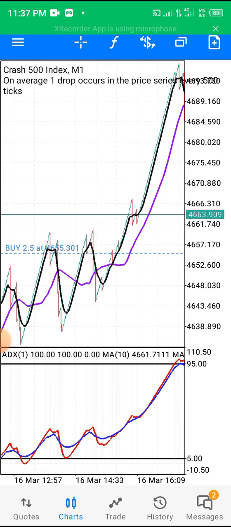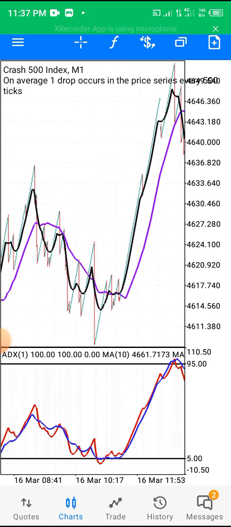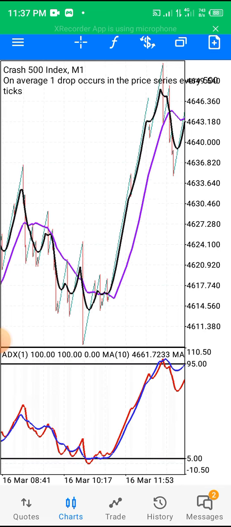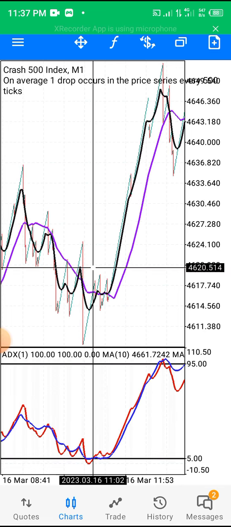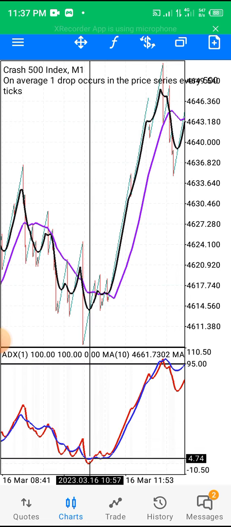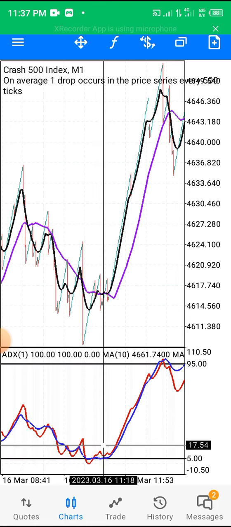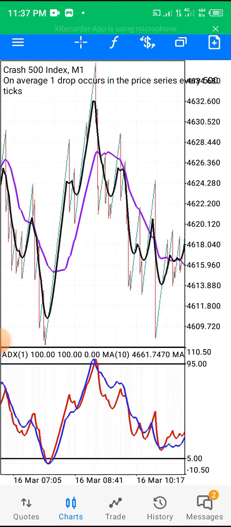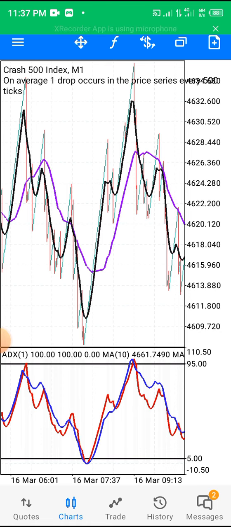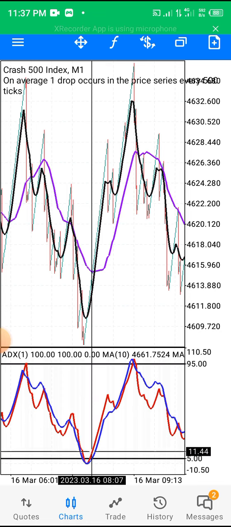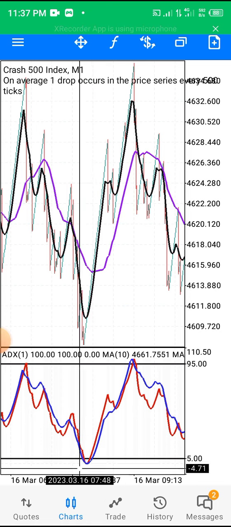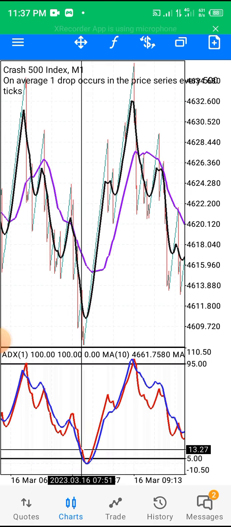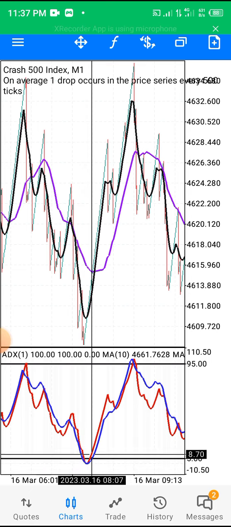We had a spike. Okay, so the only time you can take this trade is when you see this happening. This moving average has to go below level 5. Though it was only this red one that went below level 5, the blue one didn't go below level 5. So at this point, if it's me, I still won't take the trade because it's risky. Okay, so the only time you can take the trade is when these two moving averages that you're seeing like this go below level 5,